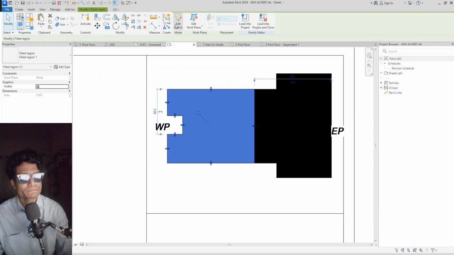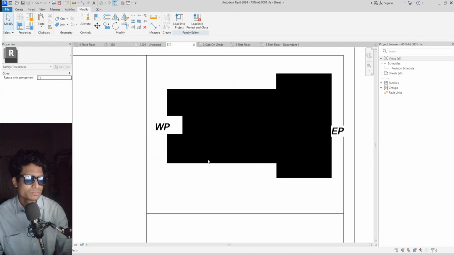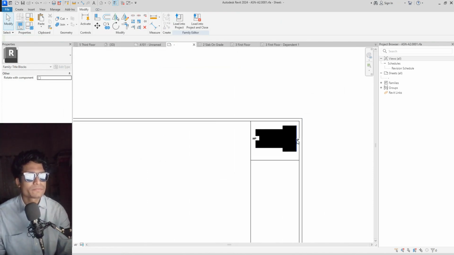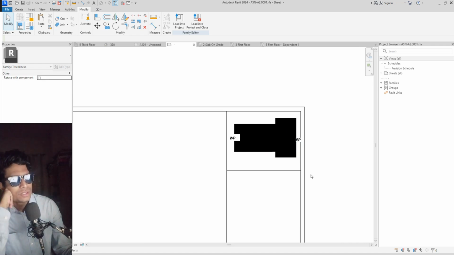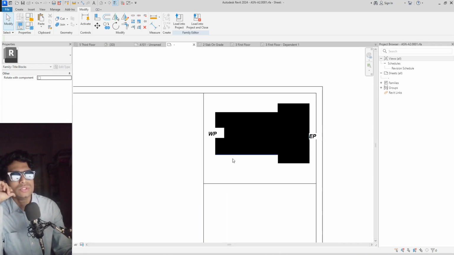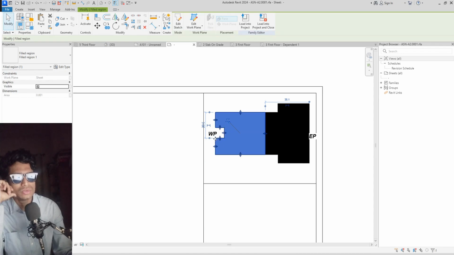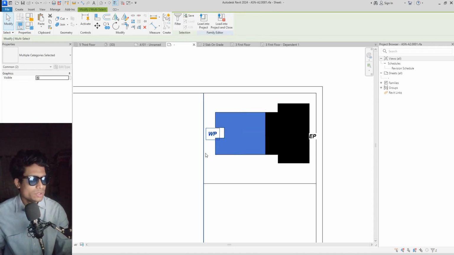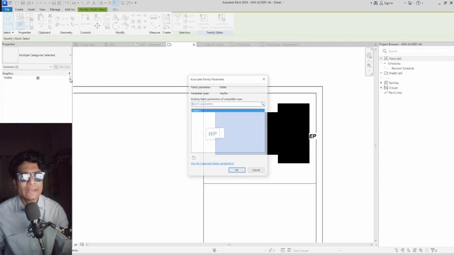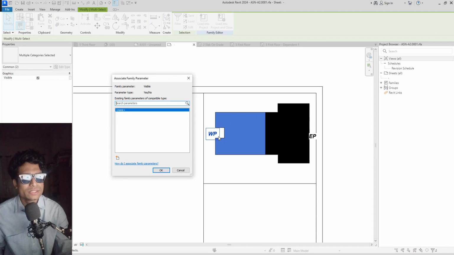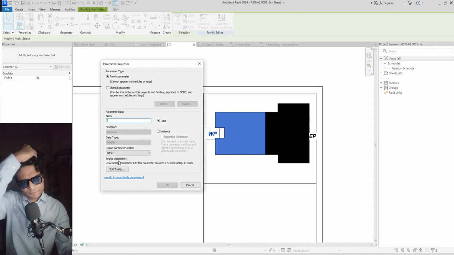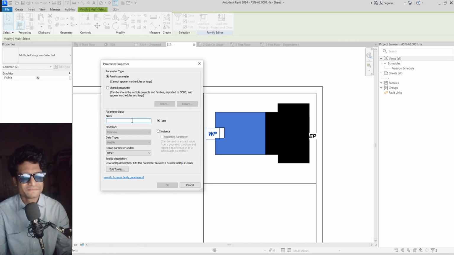Okay, now I want to add two parameters for these two parts, the west part and the east part, and through this parameter one can control the visibility of these portions, and I want to add this text and the reason, I mean both elements, into the parameter. Okay, parameter and